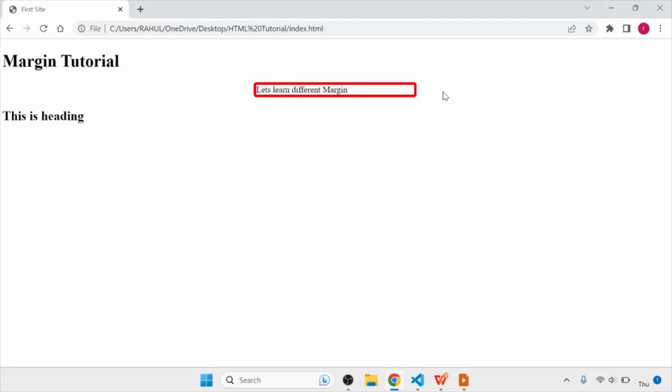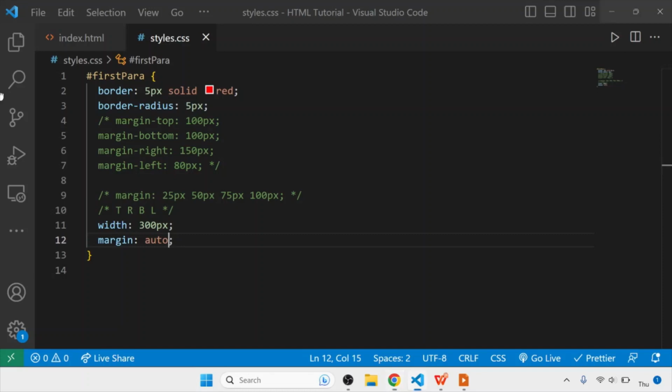So you can use this auto value to set the margin to horizontally center the element inside the container. We had this paragraph with its width specified as 300 pixels. When we made use of the margin auto property, this element is centered. It has taken up equal space from its left and right margins. So this is the important auto value.